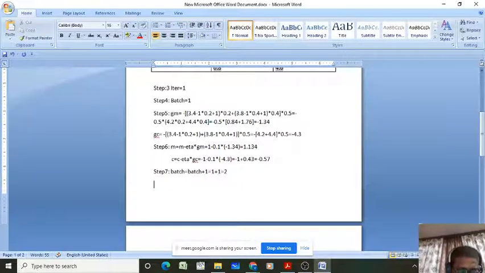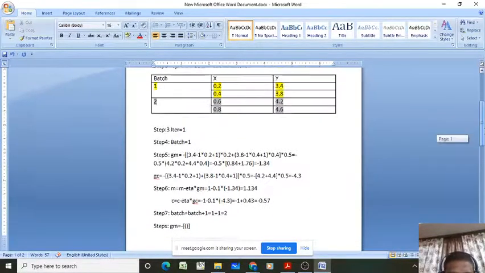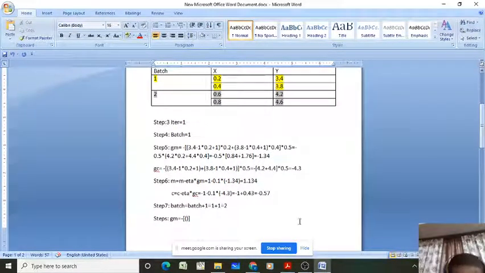In step 5, what do you have to do? Again you have to calculate the gradient GM. So GM equals minus, within the square bracket, open the brackets. What are the expressions here?